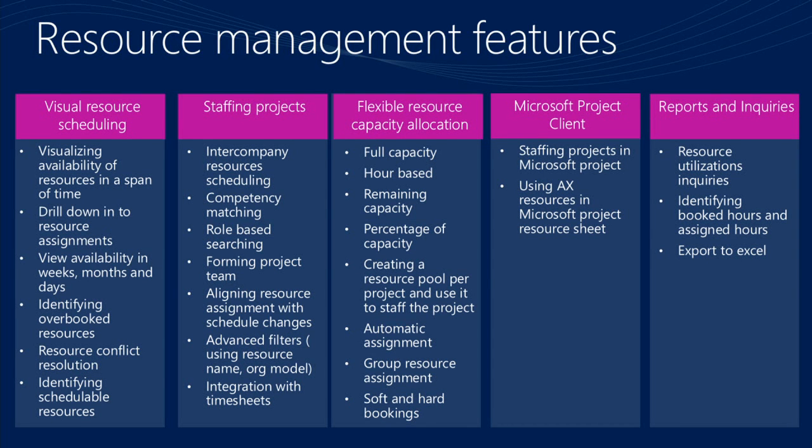Again, a new capability that we added is aligning schedule with resource assignment. Things change. You schedule work to start next week, and you have people assigned to the work. What if the work gets rescheduled, or you pull the time in? Now we automatically shrink the assignments to match that new start date and end date. We are not extending them, we are just shrinking them. So if the work is done sooner, it automatically releases the resources that were assigned to the work.